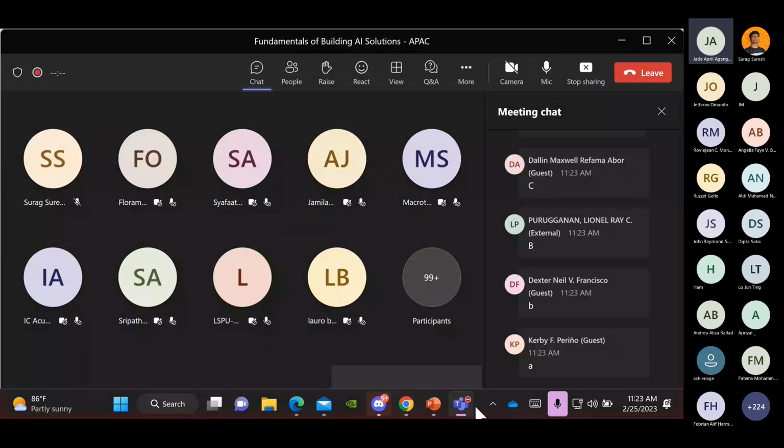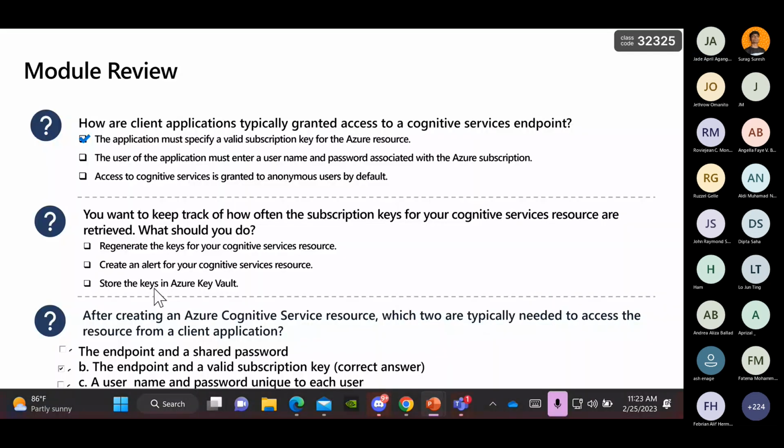Let me see. The answer here is yes, you are correct. We create an alert for a cognitive service resource.